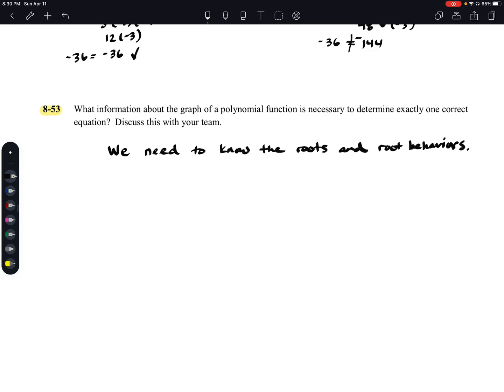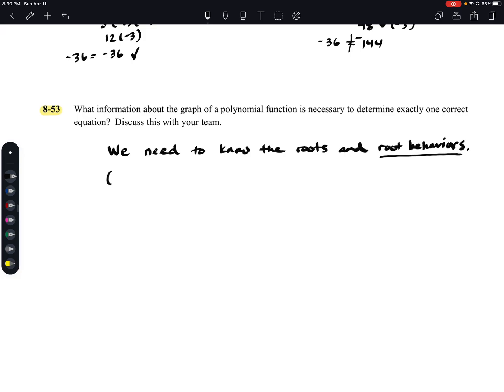Okay, and probably even more so on top of that, based on those last two problems that we just looked at, 8-51 and 8-52, we need to have some sort of idea of what the degree is going to be. In terms of root behaviors, it's great to know that it bounces, but we saw in the last problems that it bounced at -1 when we had it raised to the 4th power, and it bounced at -1 when it was raised to the 2nd power. So what we need to know is what the degree is going to be. So we need to know the roots and the root behaviors,